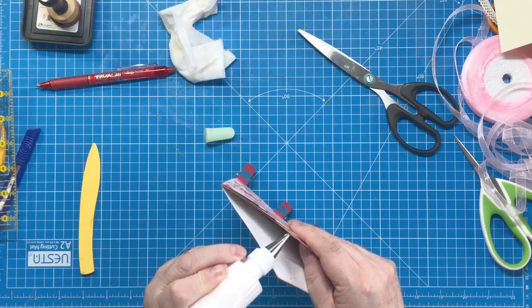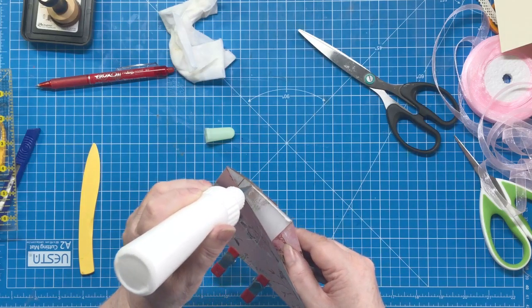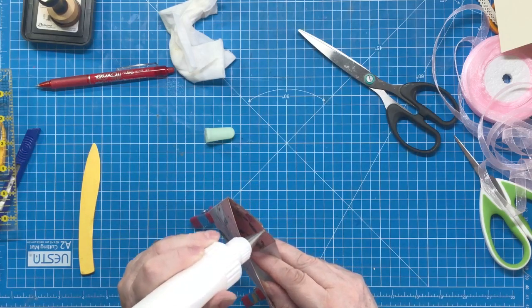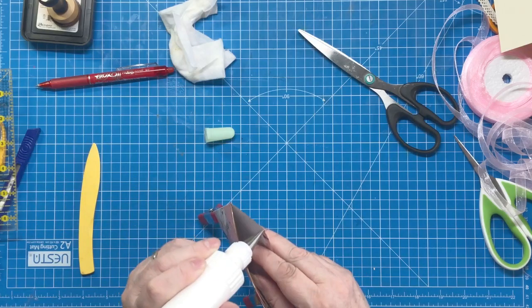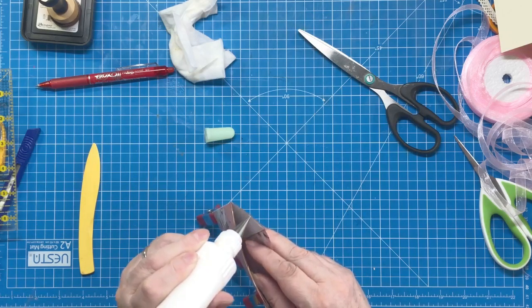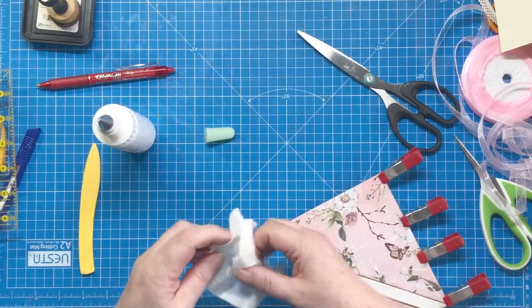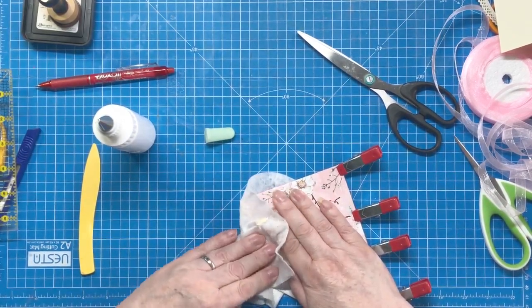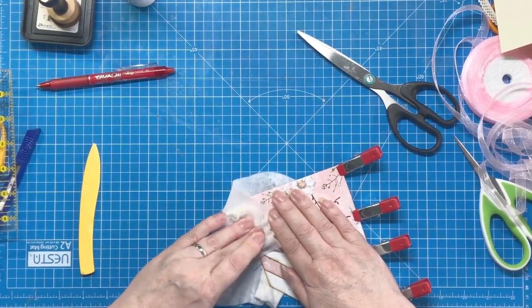So I'm just going to run a little bead of glue down there, and down this one. There's a little one at the front. Right. So just press that down